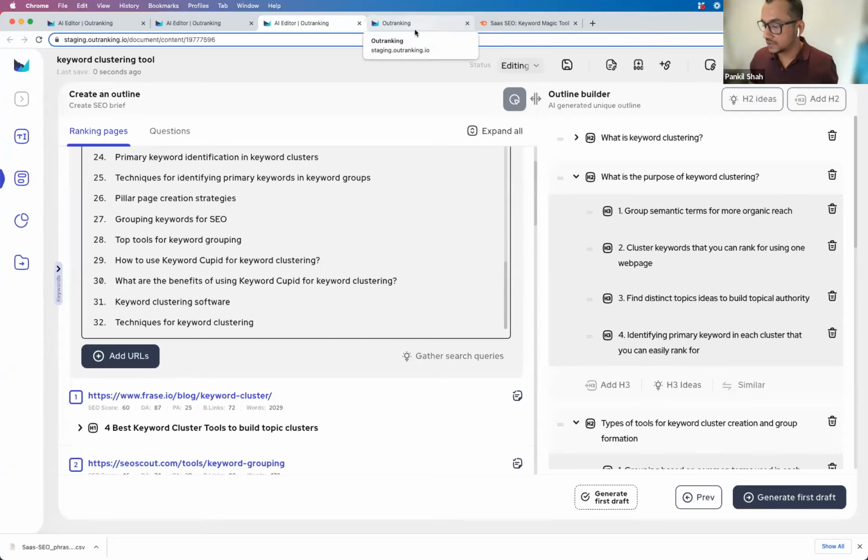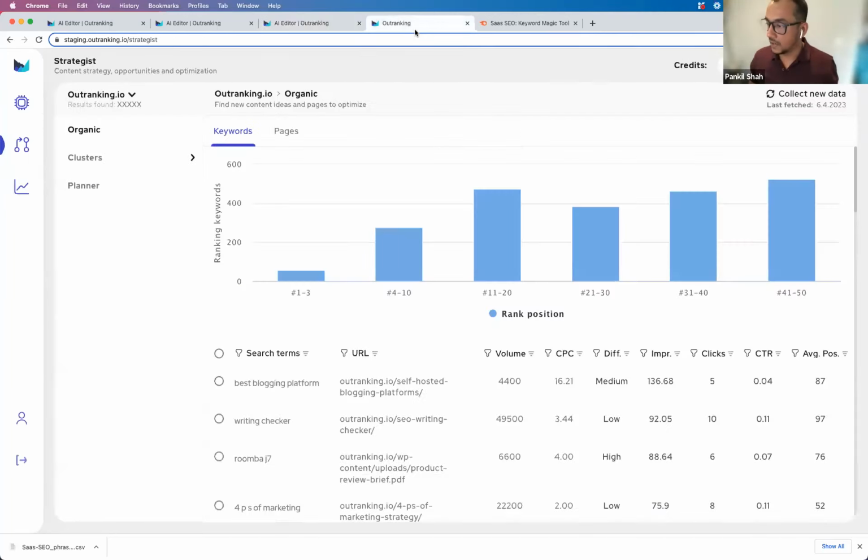Okay, then let's go to the last enhancement, which is one of the biggest enhancements. And that's going to take some time for us to explain. So this is our new strategist, and it is elevated with some extreme capabilities. If you've already figured out a way to consistently rank your content, and you know what sticks and what doesn't stick, you'd understand the value behind the data that I'm about to show you in this strategist. So how does the strategy come into play, right?